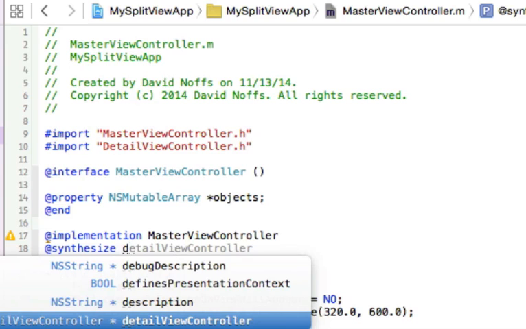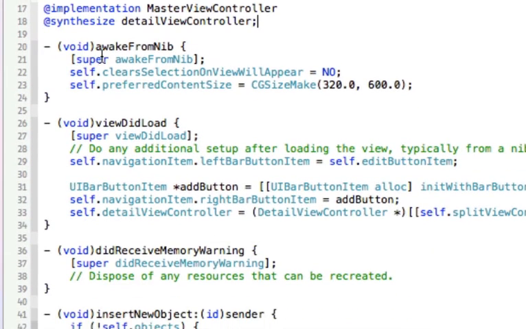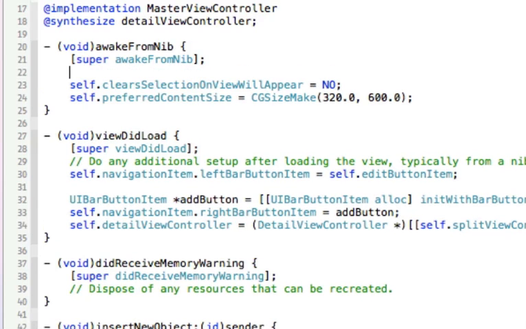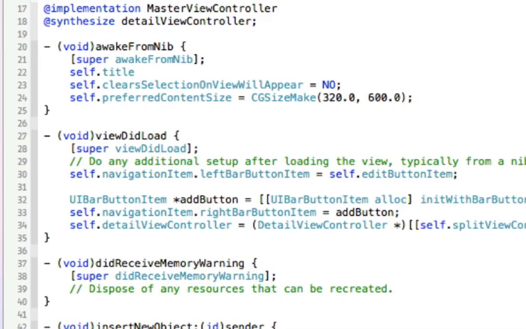And you can see there it gives us the hint. Make sure that you've got the lowercase d there. Controller, semicolon, and then we're ready to move down to this first method, which is the awakeFromNib method. And I'm just simply going to add a line after super awakeFromNib, and I'm going to add in here self.title, and I get the hint, and it's going to equal, and then I want to use the @ for string literal here